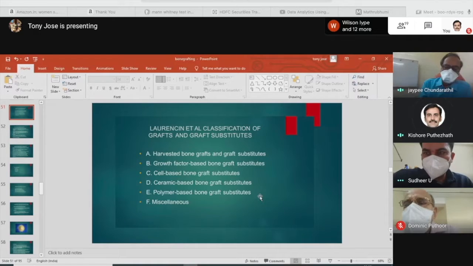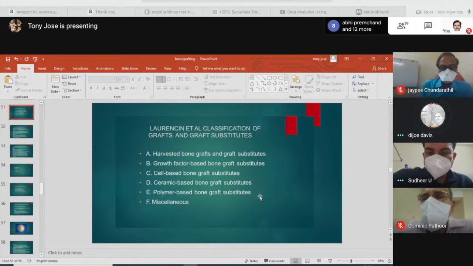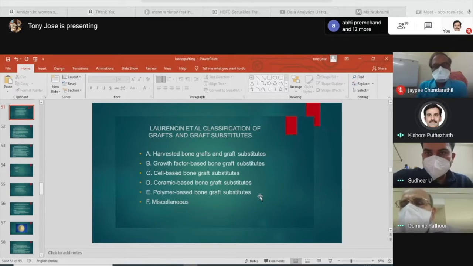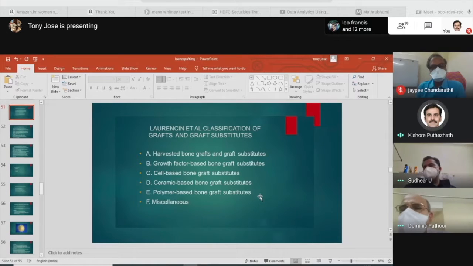So spine fusion, yes. BMP4 also, I think, is available. I don't know the exact use of BMP4. These are the bone morphogenetic proteins which are available commercially, not necessarily in Thrissur. It may be available in some other place.